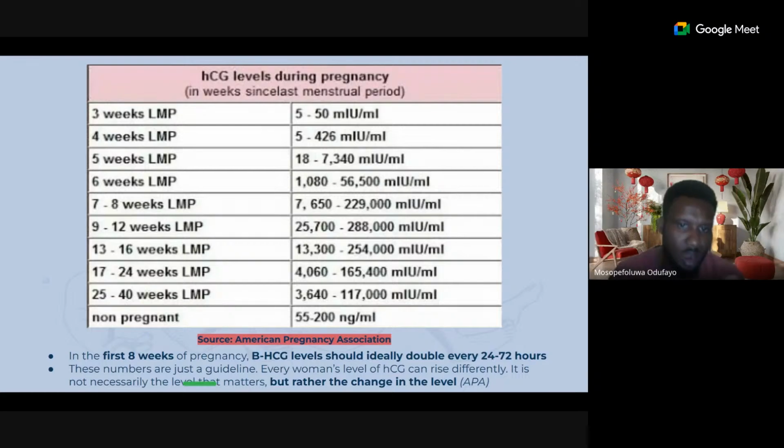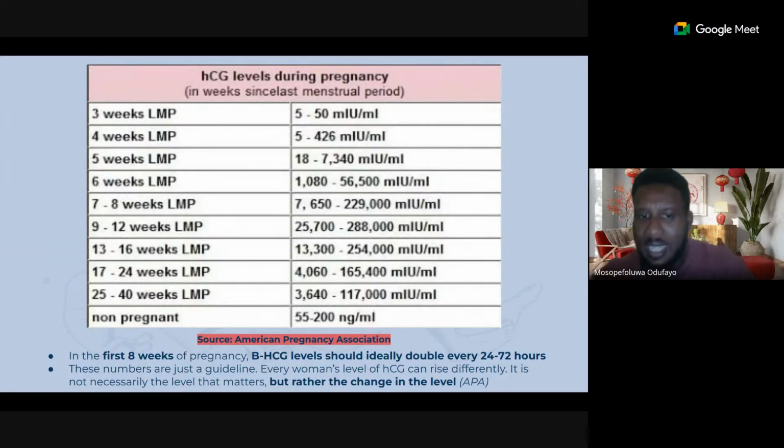If we plot a graph, we'll see that it will keep increasing up until the 8th week. It's this pattern that matters to us, not necessarily the values, because the values can change for different people. So know this for sure: if you want to monitor pregnancy progression when you cannot have conclusive findings from the ultrasound, collecting your beta HCG serially will help you determine whether there is a progressing pregnancy, a pregnancy that might not be progressing, or no pregnancy at all. So that's one thing you need to know.